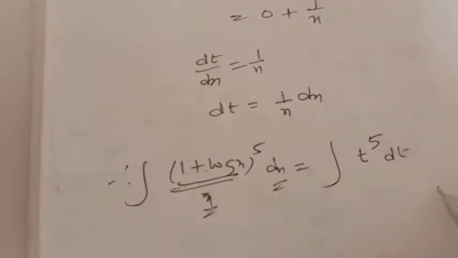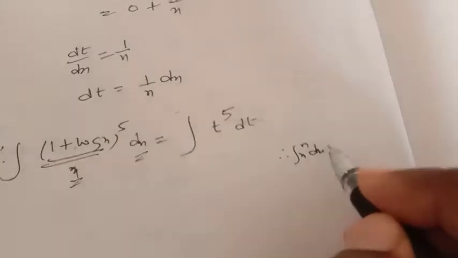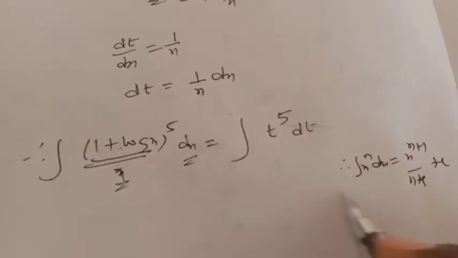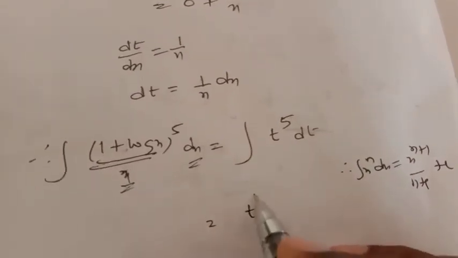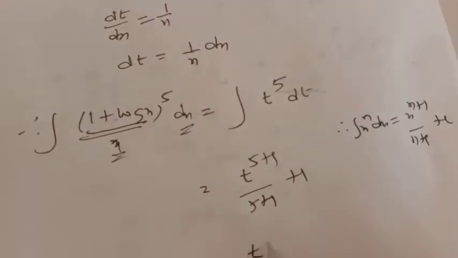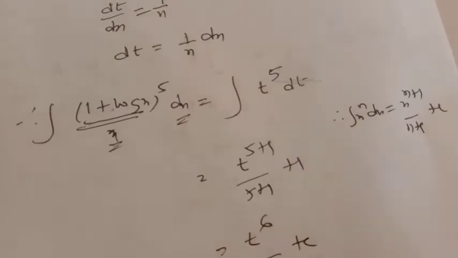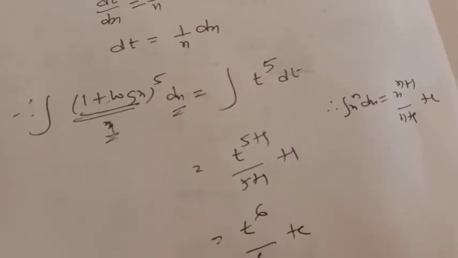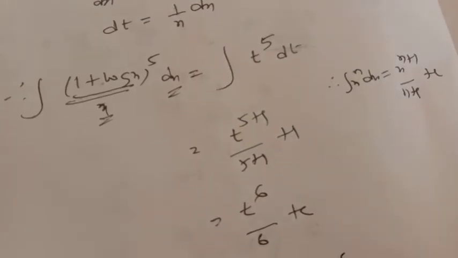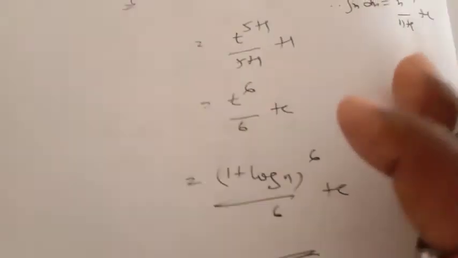Here we have integral of x to the power of n dx equal to x to the power of n plus 1 by n plus 1 plus c, that is t to the power of 5 plus 1 by 5 plus 1 plus c, that is t to the power of 6 by 6 plus c. Here substitute the t value, we get (1 plus log x) whole power 6 by 6 plus c is the answer of this problem. And next one,